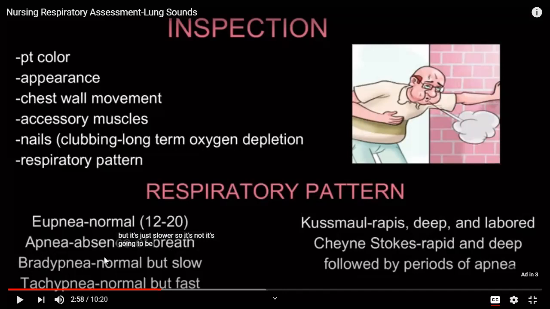Tachypnea, when the respiratory rate is more than 20, is called tachypnea. What is tachycardia? Heart rate, right? Tachypnea is the respiratory rate. Tachycardia is the heart rate. If your patient has diabetes mellitus and the diabetes is not under control, we can get a special